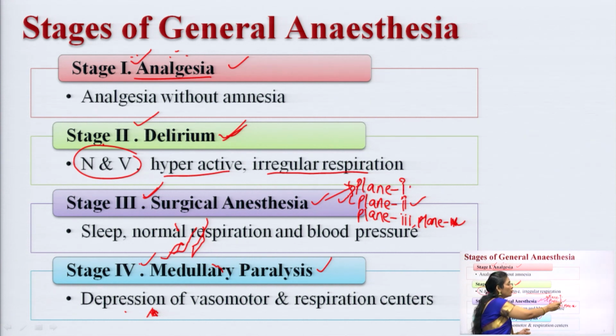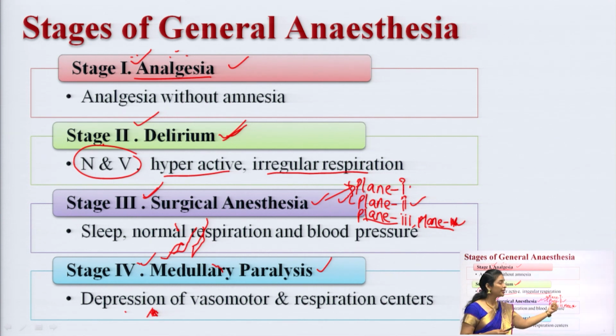And in plane 2 also you can see the decrease in blood pressure. The decrease in blood pressure you can see in both plane 1 and plane 2, not exactly a decrease in blood pressure, the respiratory and blood pressure is somewhat normal in plane 1 and plane 2 compared to that of 3 and 4, right. If I am talking about plane 3 and plane 4, here the blood pressure and respiratory stimulation will get decreased, okay. And if I am talking about plane 2, here the corneal reflex will be present,